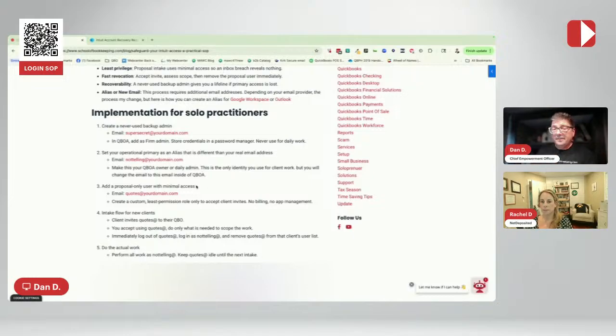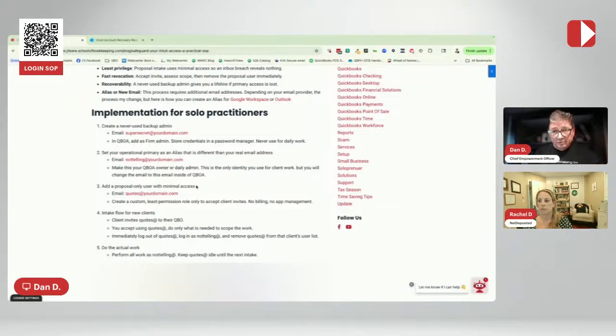And then the third thing is to create a proposal only user, or an invite only user, that has minimal access to your firm or your other clients. So when you get an invitation from a client, it will be sent to this quotes at your domain, whatever that happens to be.